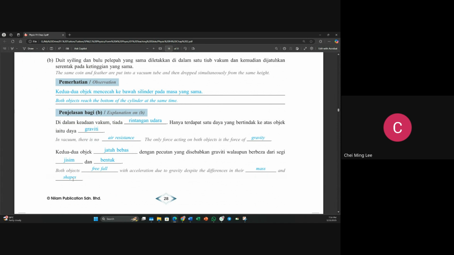Correct. So that's why they will hit the ground or fall on the ground at the same time. Can I understand? All right. So let's see